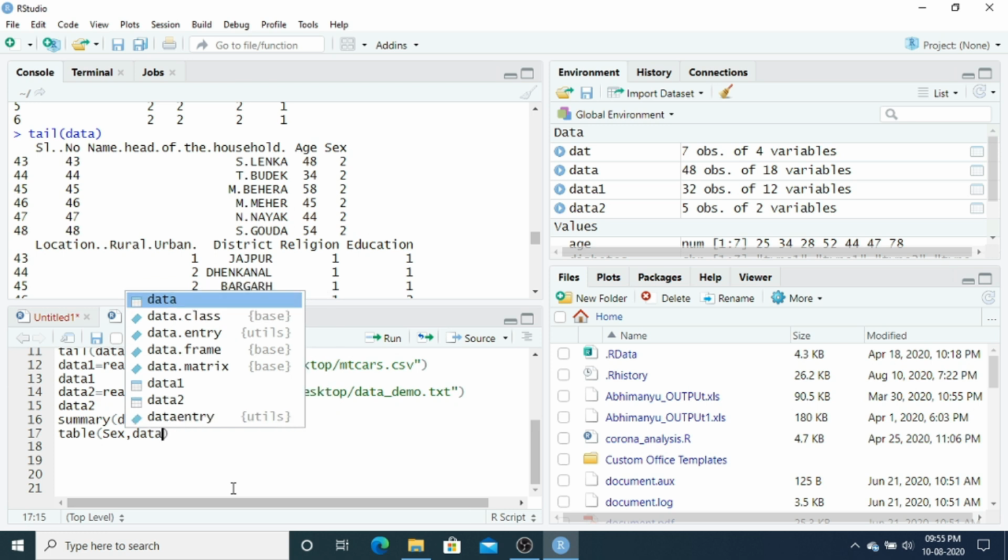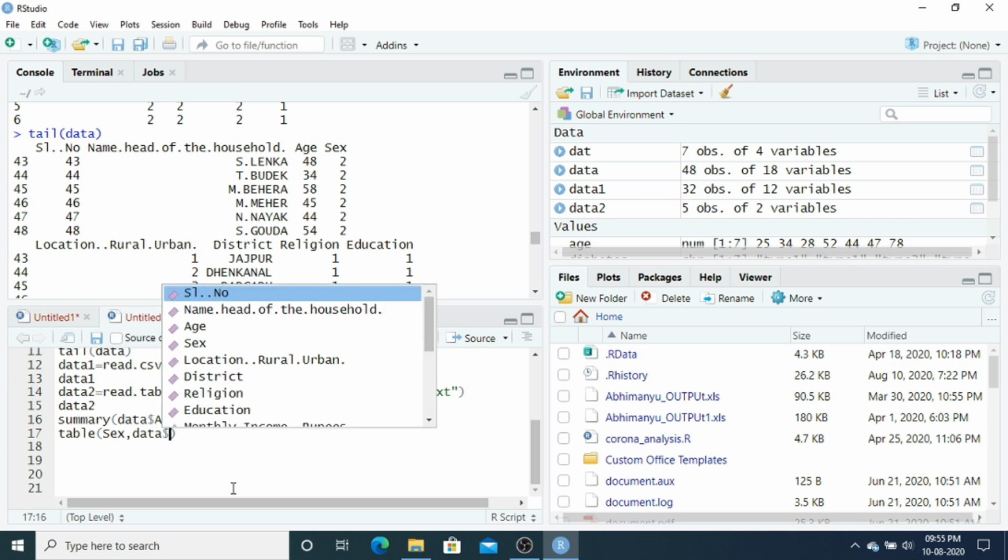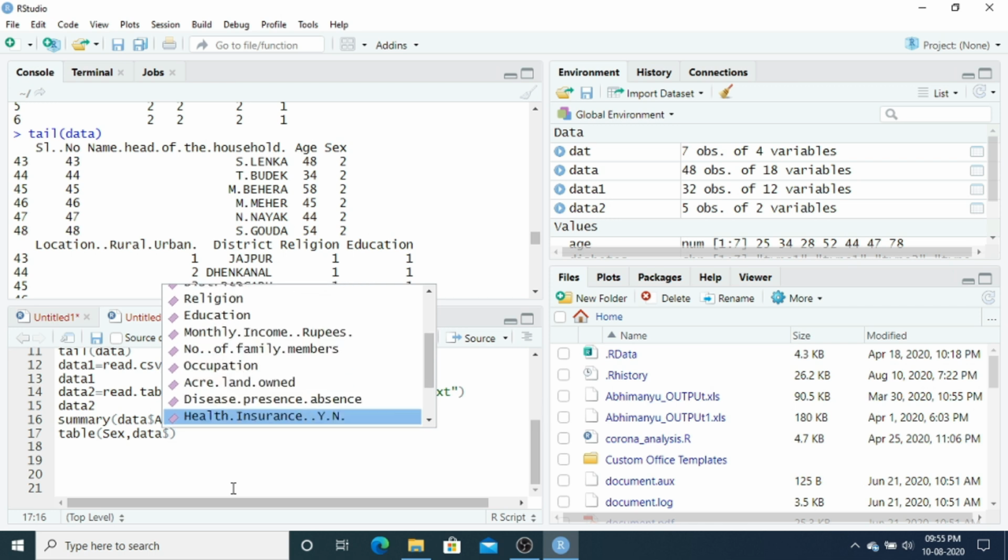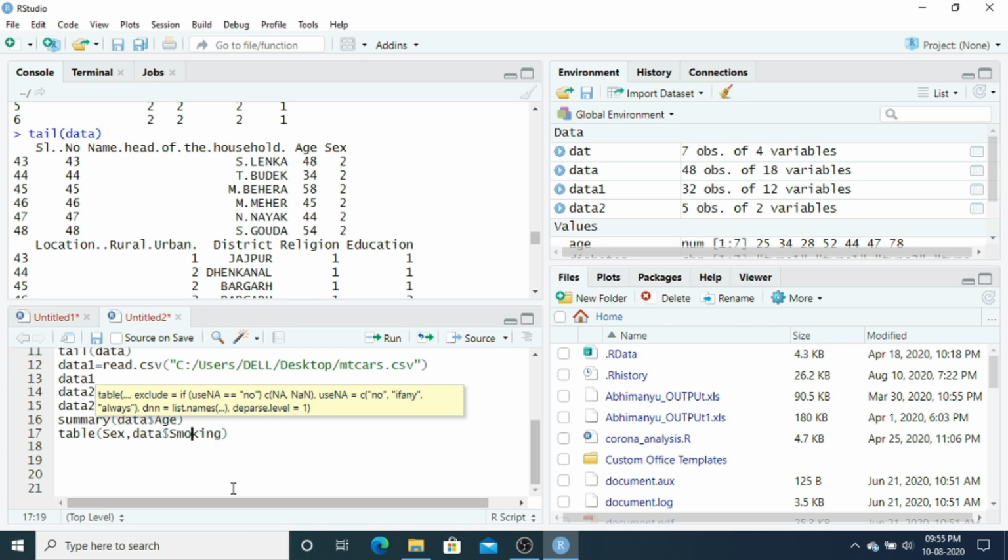Because we have so many data sets in R, we have to take the one that is smoking, and similarly here I have to give the data name.